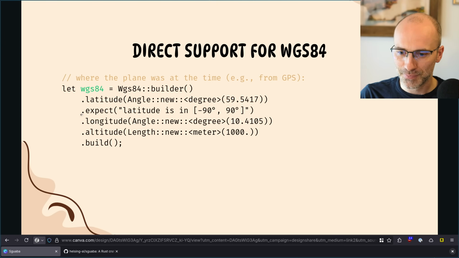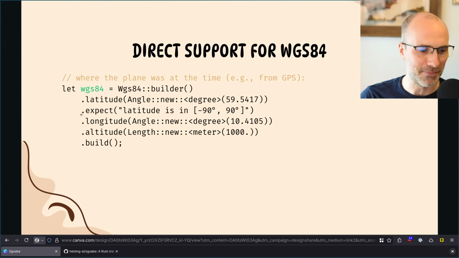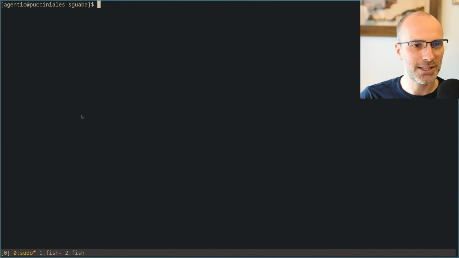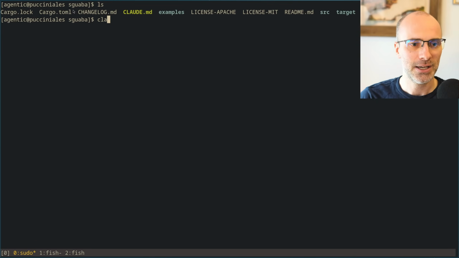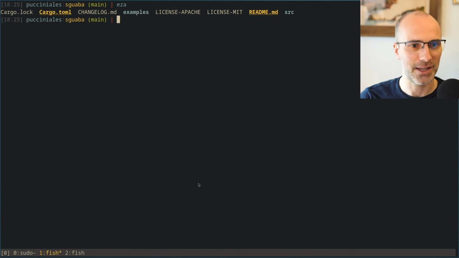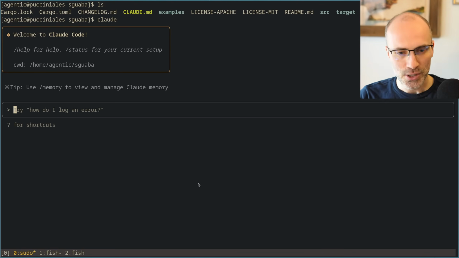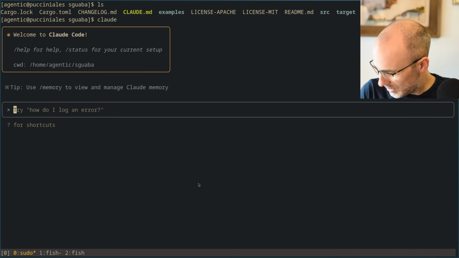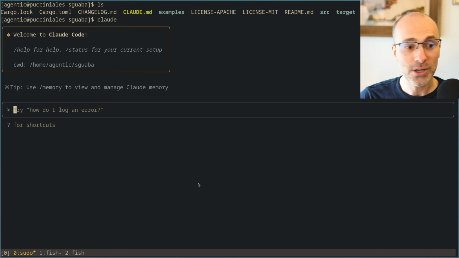Okay, so let's start vibing. What I've done here is because I'm paranoid, I've set up a separate user on my computer. Really, it should be a separate VM, but it's not for now. So a separate user that has a checkout of sguaba right here. And we're just going to run Claude and see what Claude can do for us. And then over here, I have a checkout of the same thing. So here's what we're going to do. I've already run Claude init.